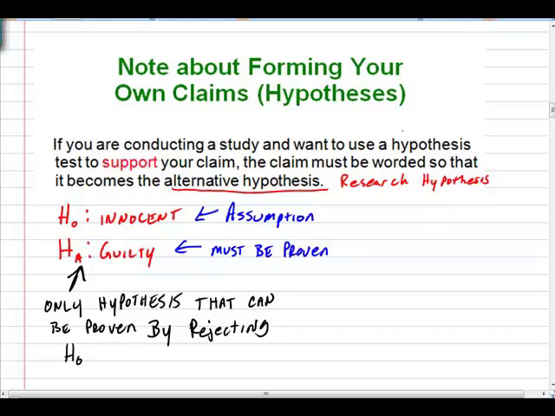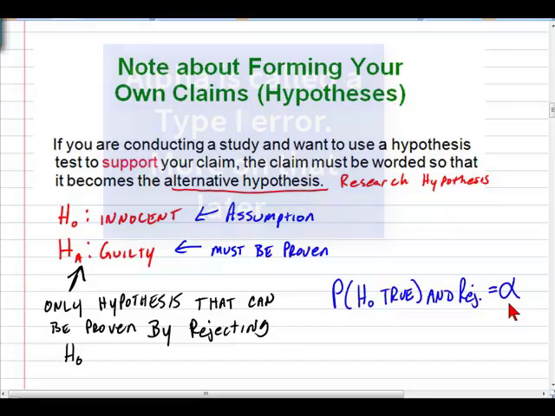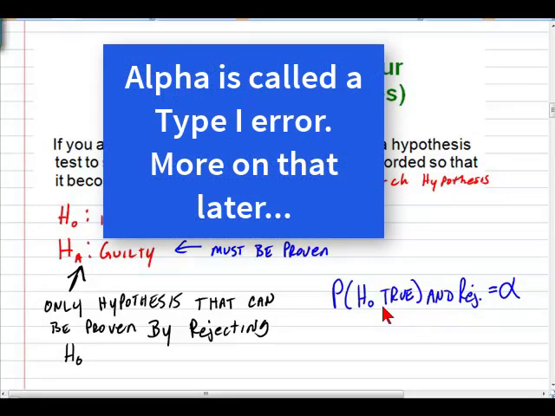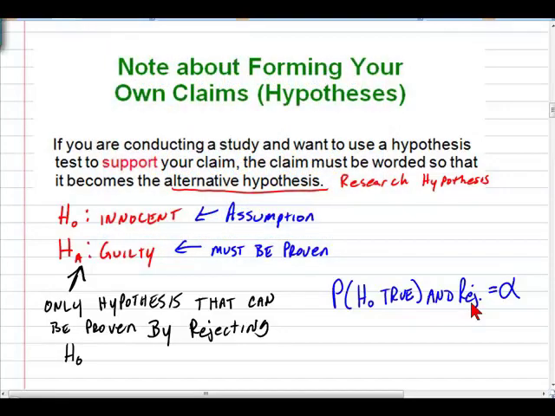The probability that the null hypothesis is true and that it's rejected is equal to our significance level, alpha. That's why we want this number to be very, very low. The probability that someone is innocent and we reject that they're innocent, that's like sending an innocent person to jail. We want that probability to be low. That's why we set our alpha level so low. And the more critical it is that we have this not happen, the lower the alpha level will be. So the more serious the thing that you're studying, the lower that alpha level will be, the more critical that